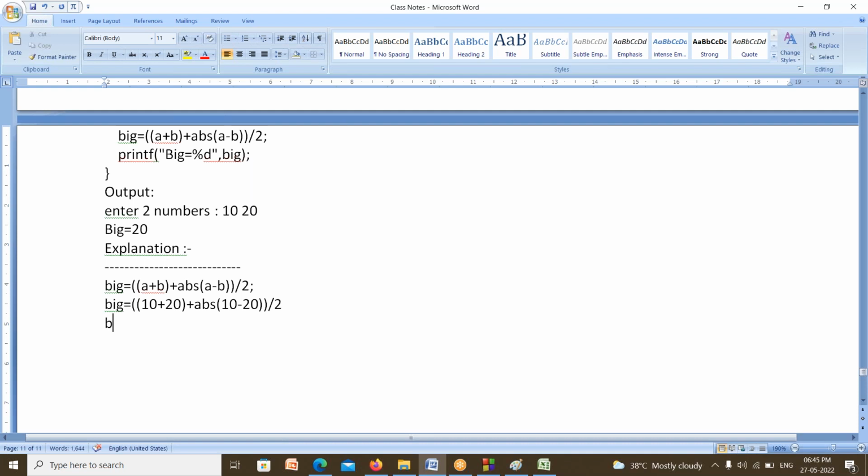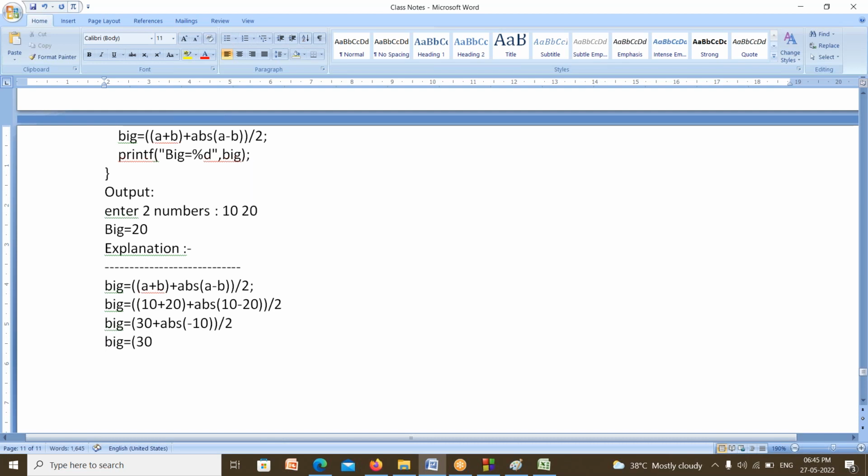Now, big equal to 10 plus 20 equal to 30. You calculated this one. Plus absolute of 10 minus 20 equal to minus 10, by 2. Now big equal to